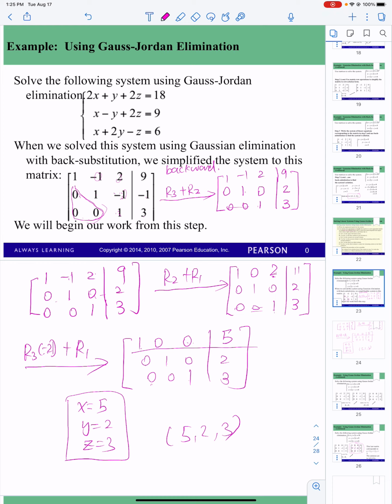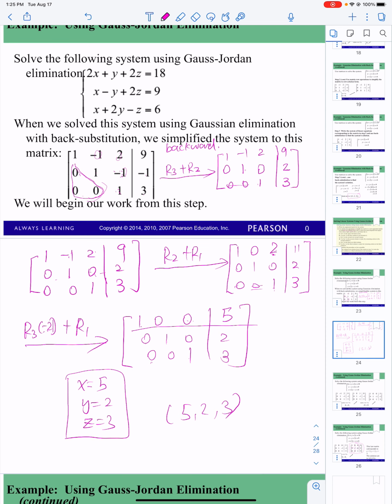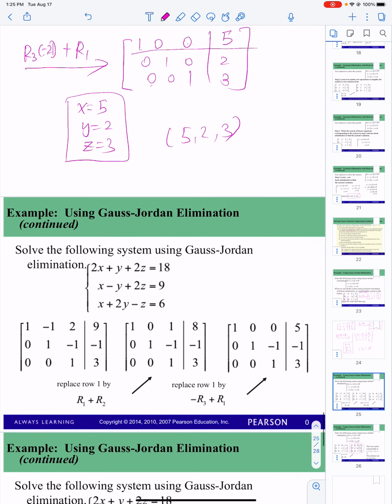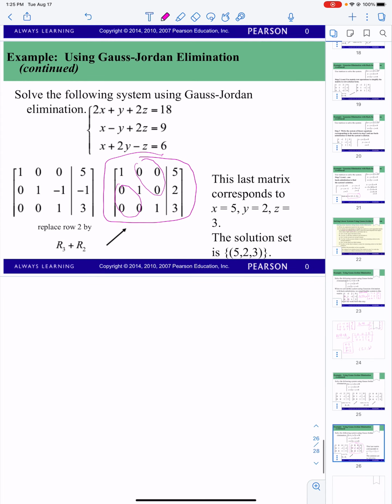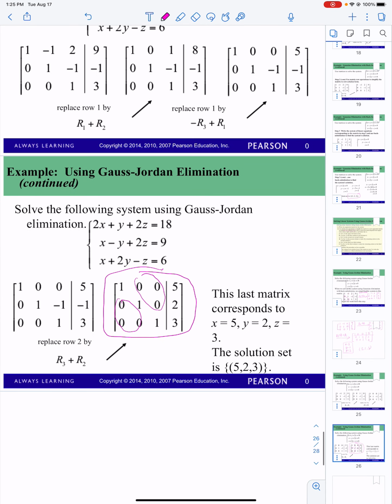Okay, so you can use either method. If you are pretty happy with the matrix elimination, use Gauss-Jordan. And if you say, oh, I do not mind solving some linear systems by hand, then do it by hand. Okay, so these are the examples. And this is